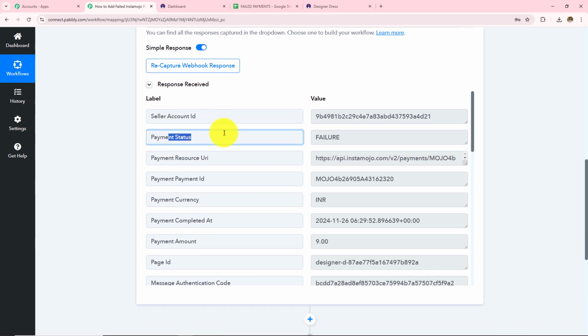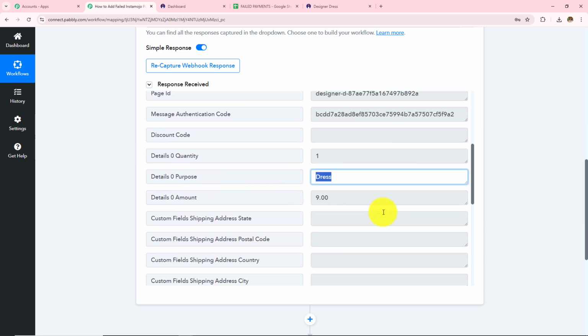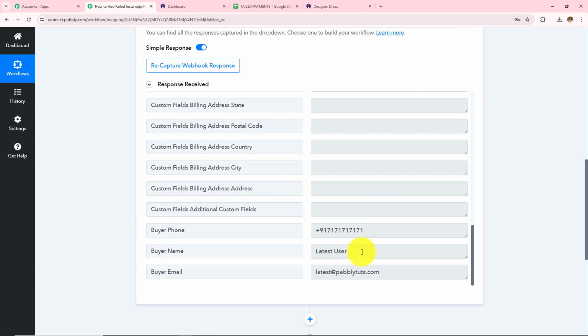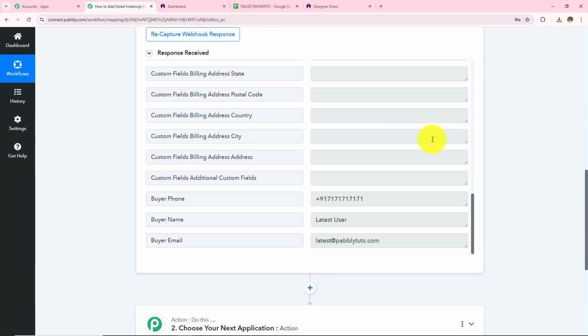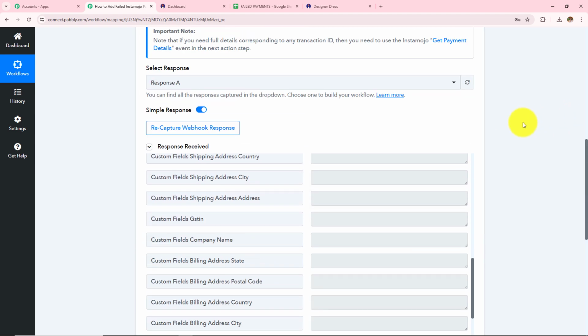Now the payment status is failure. Then the payment amount was ₹9 and it was made for the product dress. And then I have received all the other details. The name was latest user, phone number was this, and the email address was latest@pabblytudes.com. Now as soon as the payment failure happened in Instamojo, I received the response in Pabbly Connect, and this